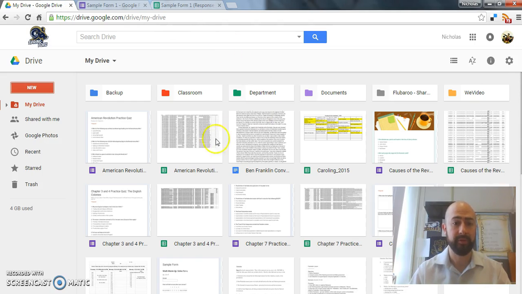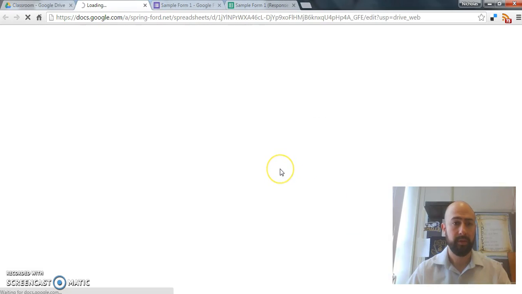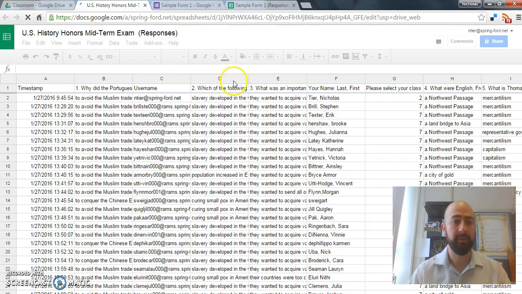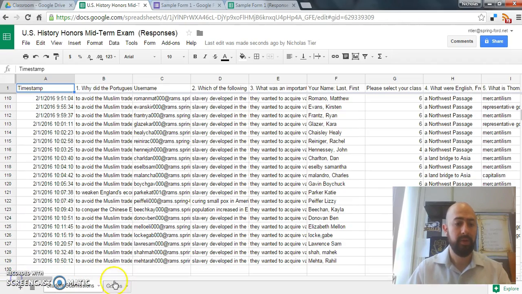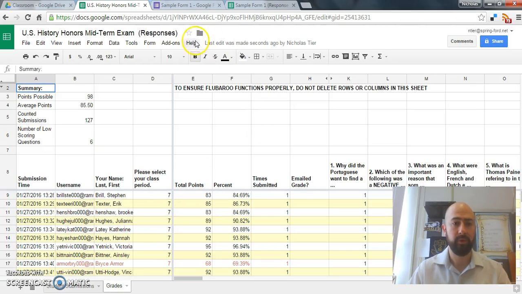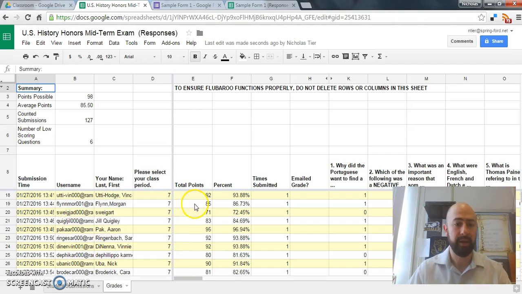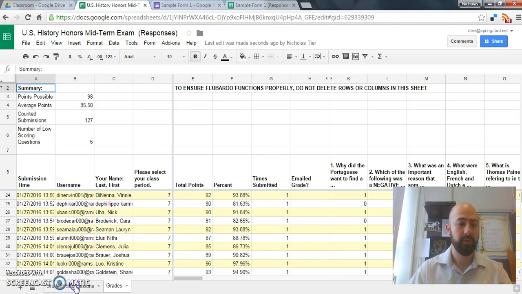So just to give you an example of what that looks like, go to my midterm, and here's my midterm responses. So you can see here are the responses for the kids. And then down here on the bottom, when you get all the way to the bottom, it has an option for grades. And so once you go to Flubaroo and you say, grade the assignment, it actually gives you a percentage grade based on the answer key that you put in. And again, you get these great analytics